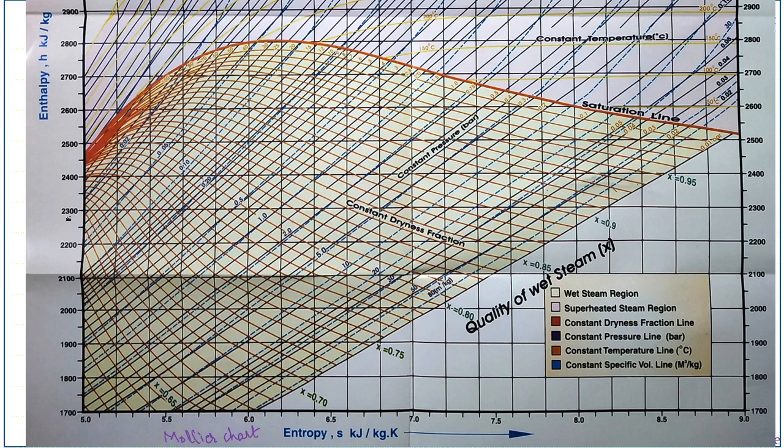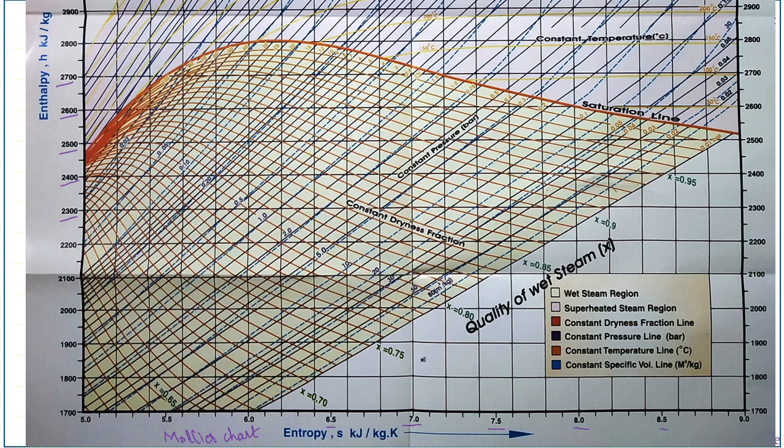So on y-axis this is 2300, 2400 kilojoules per kg of enthalpy. Specific enthalpy is given on y-axis, whereas on x-axis specific entropy 6.5, 7.0, 7.5, 8.0, 8.5 kilojoules per kg degree Kelvin is given on